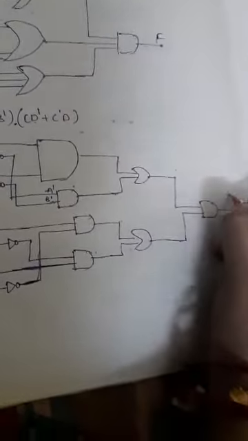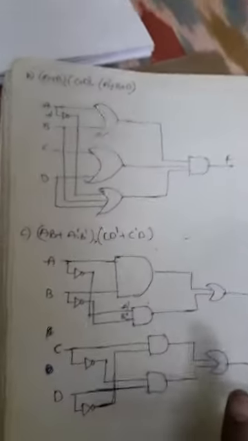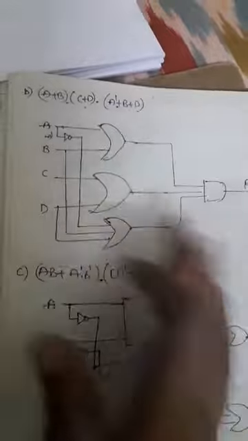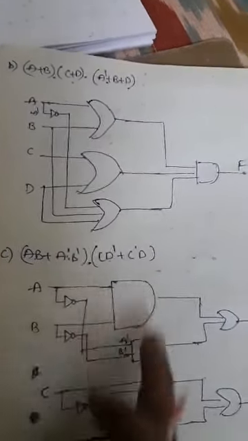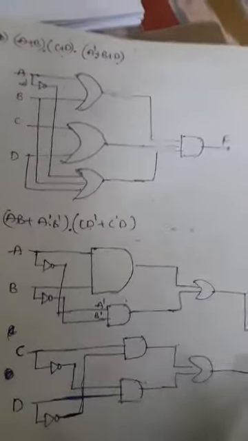Okay, so like that we have to draw all the logic diagrams. Whatever Boolean function you have, just take it like this. However many variables you have, you draw that. That means based on that Boolean function you first take all the variables. After that, if any variable has a complement, just take that complement for that variable. After that you can mention the gates. Based on the OR operator or the AND operator, you can take the AND gate or the OR gate. Okay, so like this we can draw all the gates.